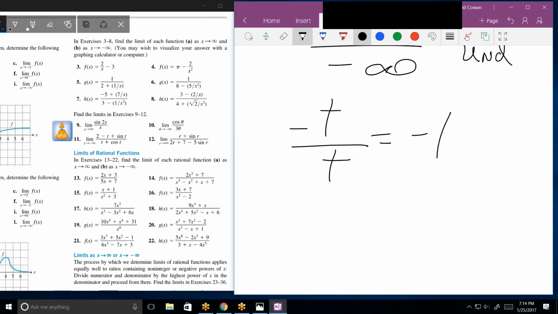The highest degree is r to the 1. And in the denominator, the highest degree is 2r to the 1. So what's the ratio of those coefficients? 1/2, pretty much. Yeah. I can ignore the 7. I can ignore the signs because,